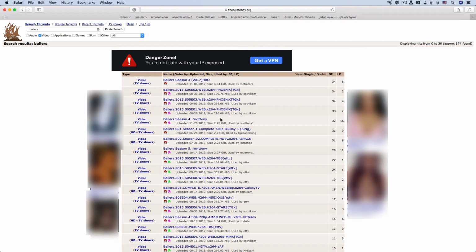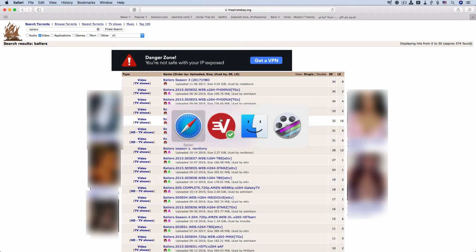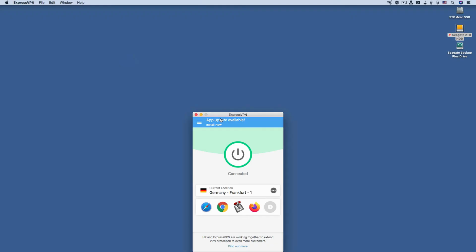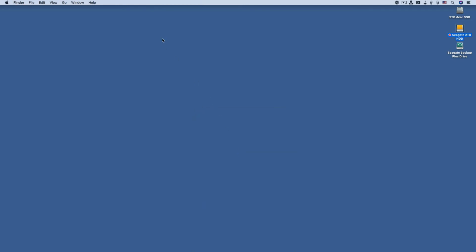Oops. I can't show this part. So there is a problem with that part of the macro. I'm going to close this. I'm going to close Safari for now. And then I'm going to disconnect from the VPN. And I'm going to show you a